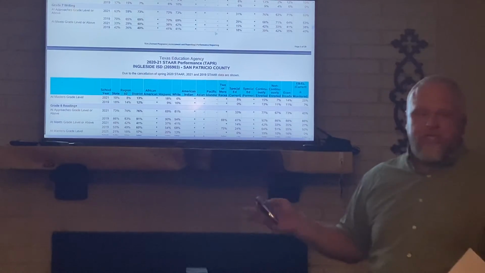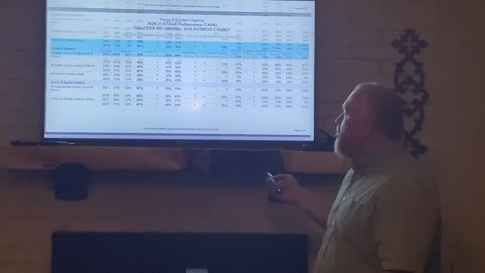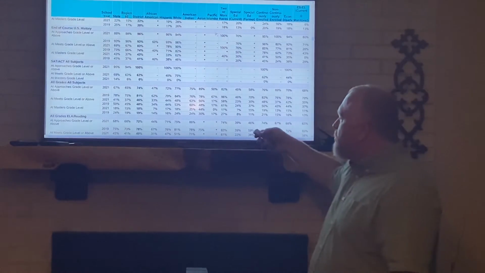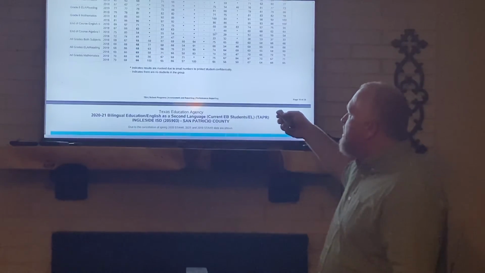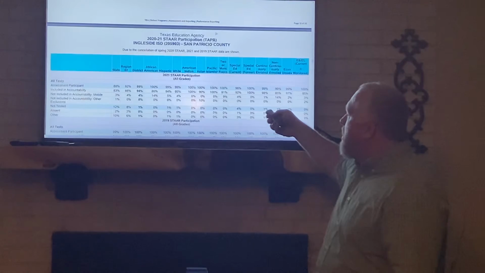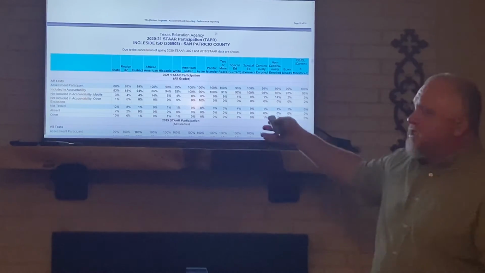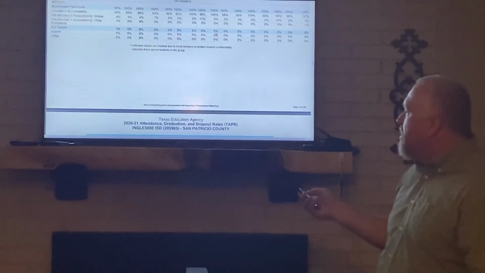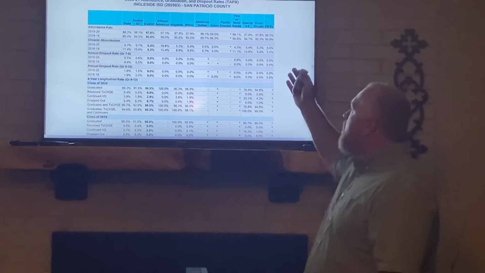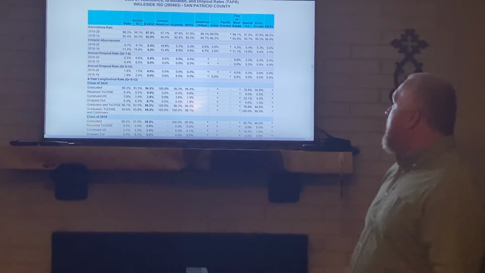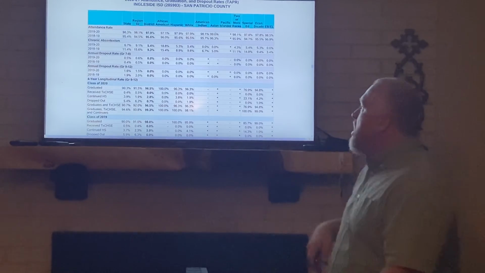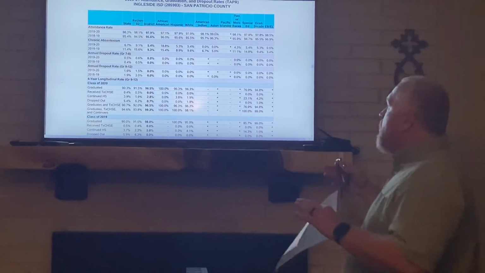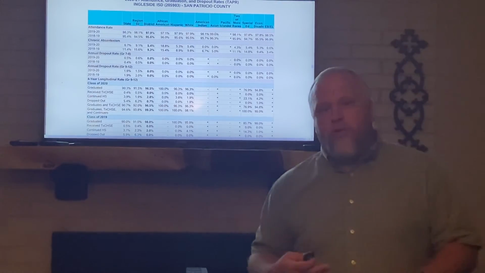But there's more information than just the student data on the TAPR report. You also have your end of course exams, which is your high school level, and as I scroll down, you're going to get into your participation, like how many students tested and if they're included in the accountability. You're going to get into your graduation and attendance rates and your dropout rates. This is important information because you want to see where your district is as far as attendance compared to the rest of the state. You want to see where your dropout rate is because we want to reduce that dropout rate.